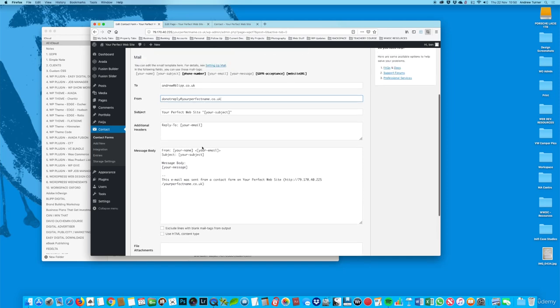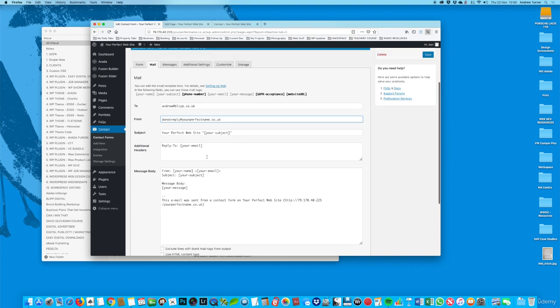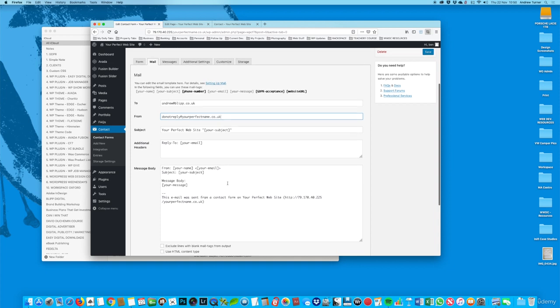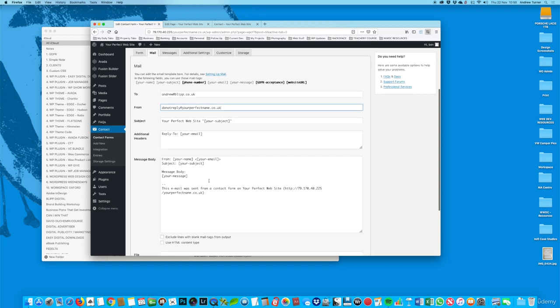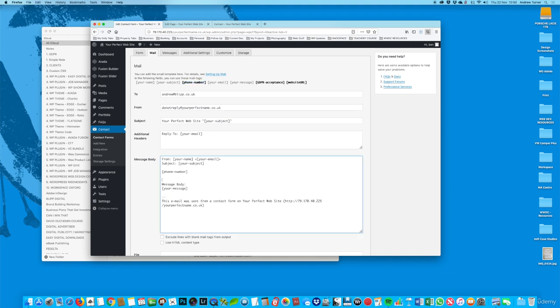Now the message body, this is the code that pulls out the form content as it gets filled in and then arrives to you in an email. Now you'll notice that some of these are dark, and that's because these fields appear on the form itself, but they do not appear in the message body that is going to be sent to you. So even if somebody filled in their phone number, you wouldn't get it because the phone number is not included in your message body. So if we were just to put that in now, we could also have GDPR acceptance,